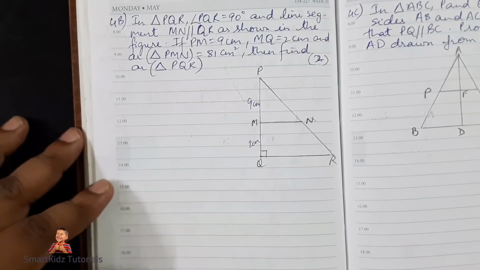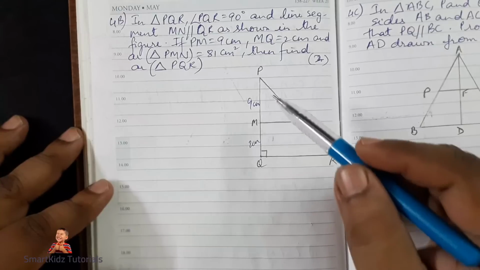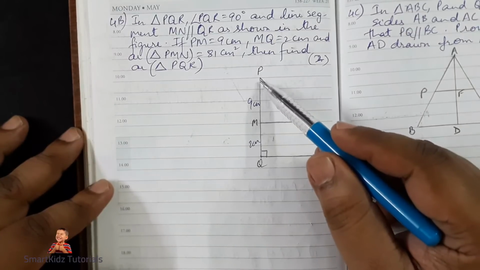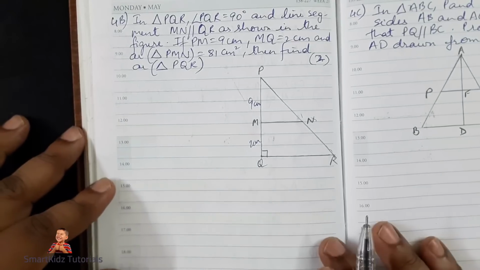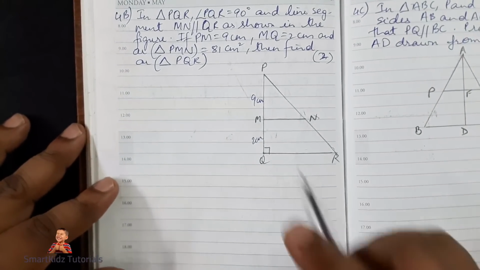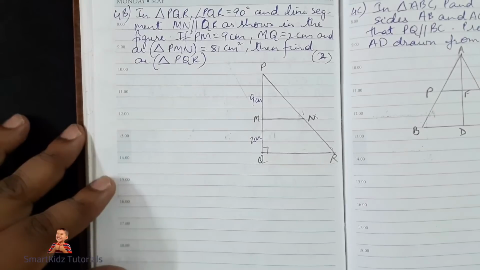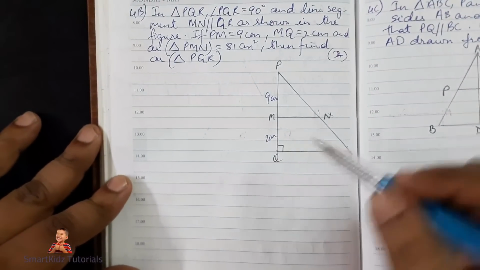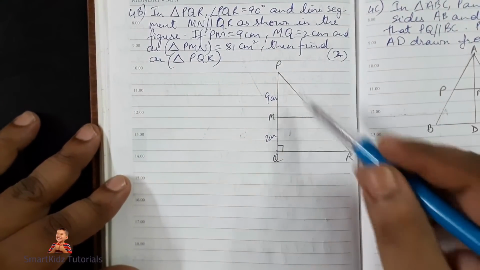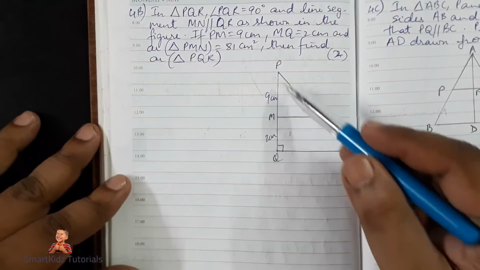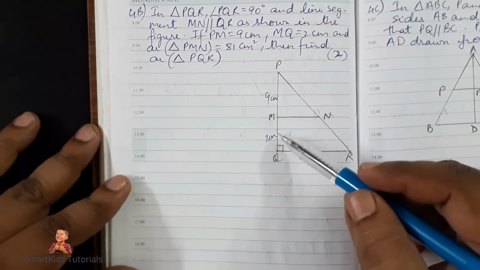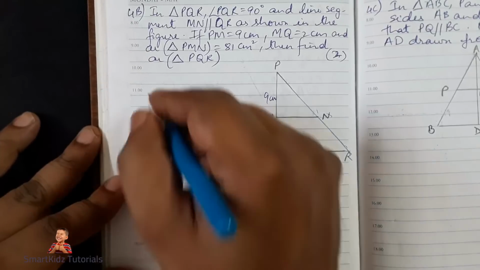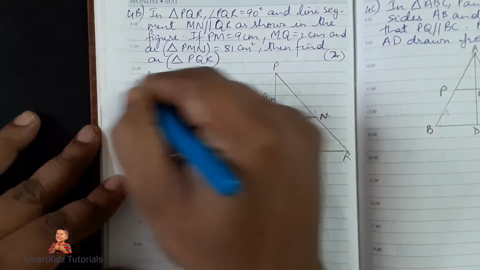Okay, now we can find this out provided we can prove that this small triangle is similar to this big triangle. If we can show that, then we can easily find out this area of triangle PQR. I'll show you how. First of all, to get this full triangle, we'll have to know what is PQ, and PQ we can do by adding PM plus MQ, which has been given to us. Let us begin first. So PQ, the solution,